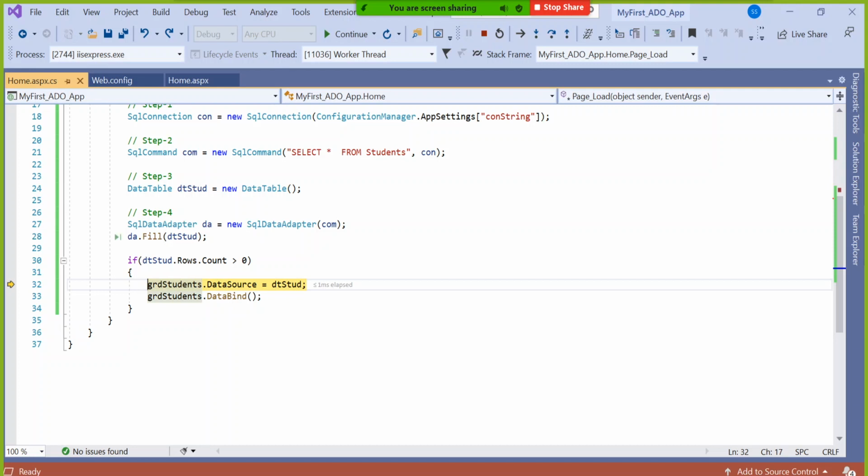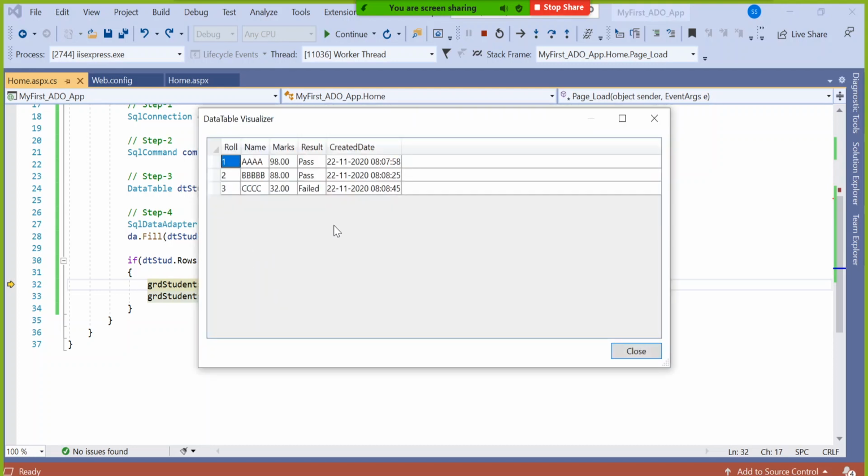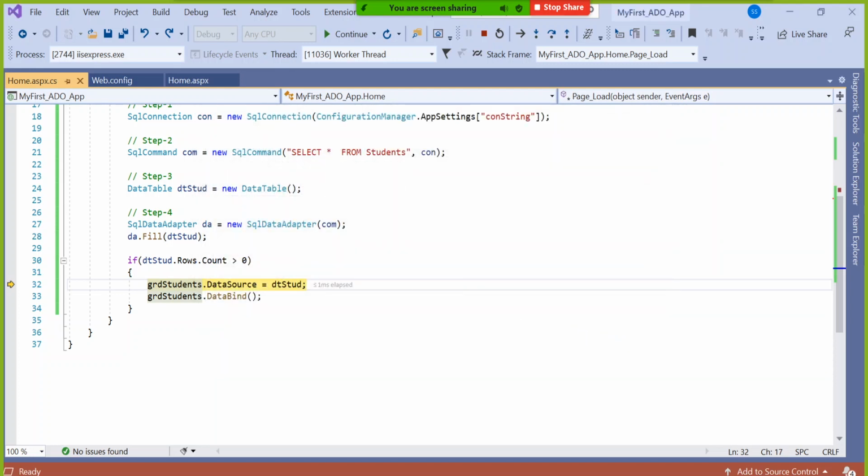If you want, you can see the collected data also here. Just take the mouse here and click it. Can you see? I'm in Visual Studio, but whatever data was there in SQL Server has come here, because we are running in debug mode, right? We have the provision to see the step-by-step approach, which line I'm making a mistake in and so on. So data is coming, which means up to line number 28, I don't have any mistake.